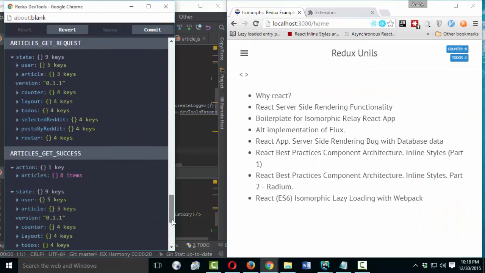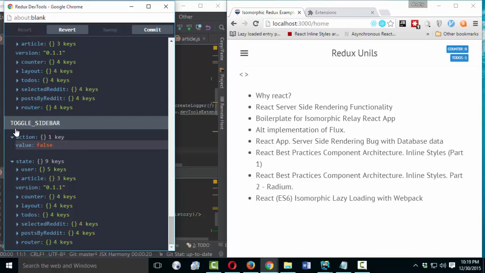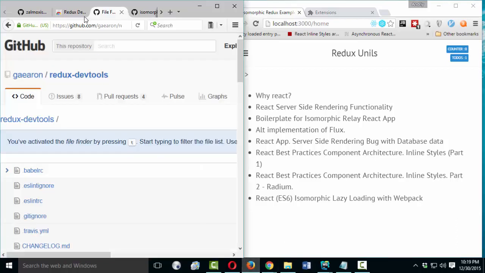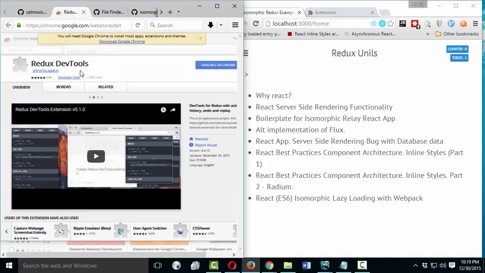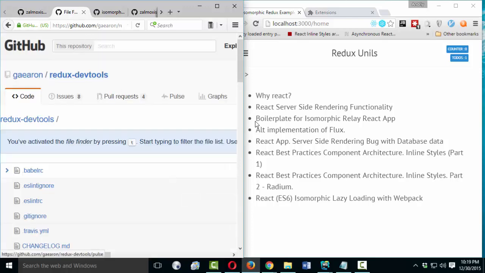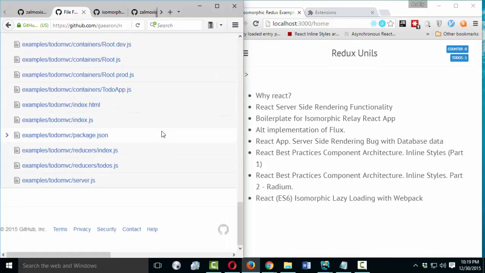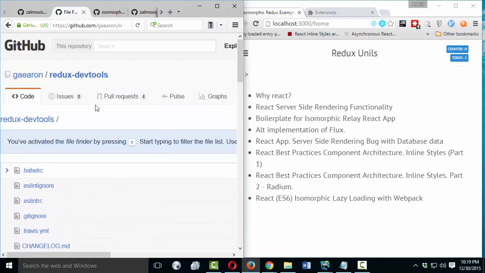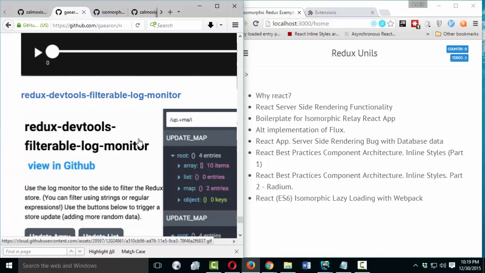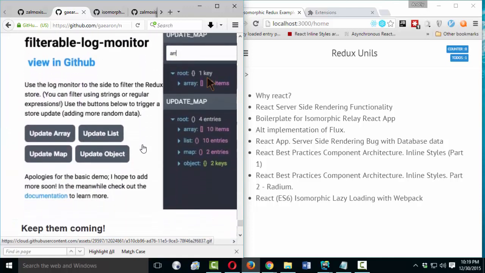The only issue is that we need to find a way to hide the toggle sidebar here, and there are a lot of additional packages on GitHub. We have Redux DevTools extension, and from Redux DevTools we can come here, okay, shortcut Shift G, and I am at the bottom of my window.